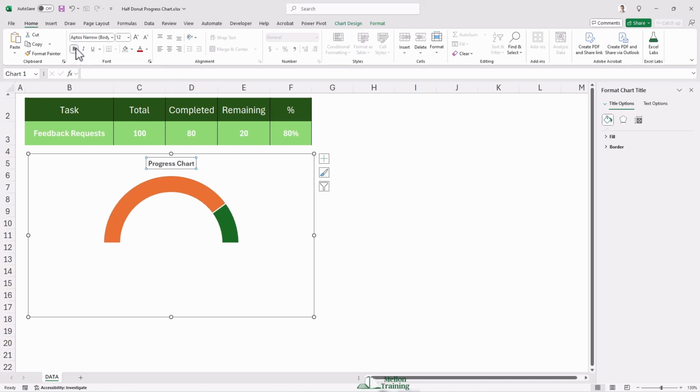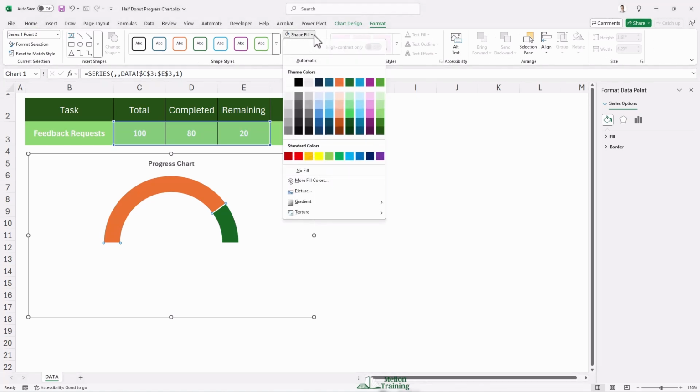To enhance the visual appeal, the best way is to adjust the colors of the remaining slices of the chart. We can use a gradient or complementary color palette. For example, a dark green for completed tasks and a light green for remaining ones. Let's do it. Click the large slice 2 times to highlight it. No double click. Then from Format tab,